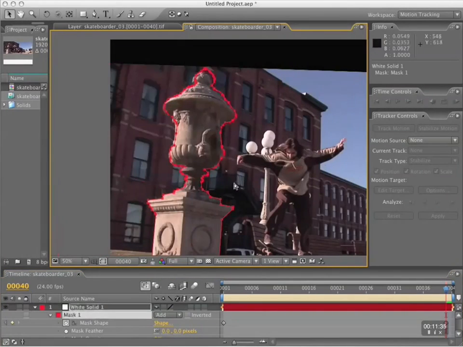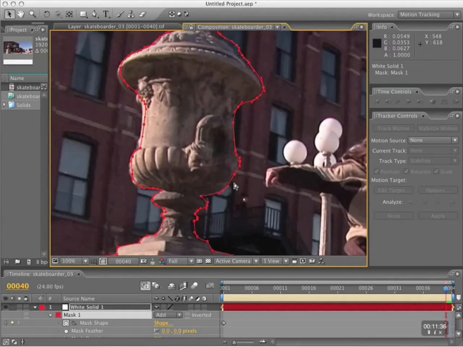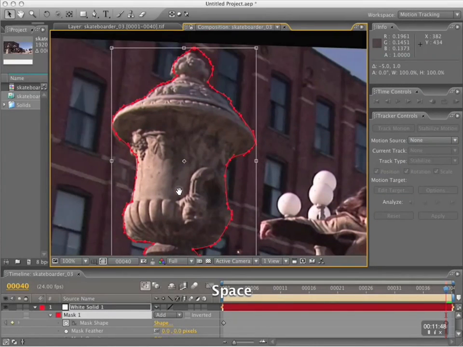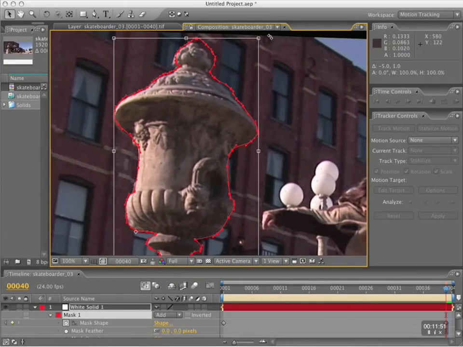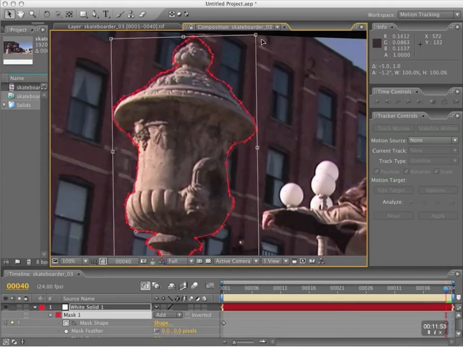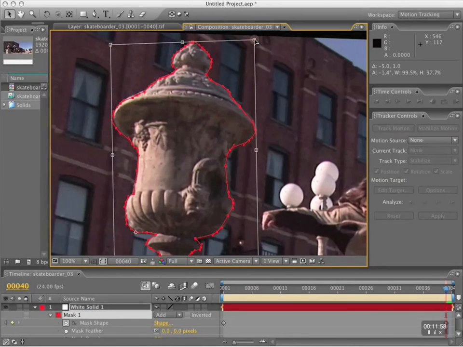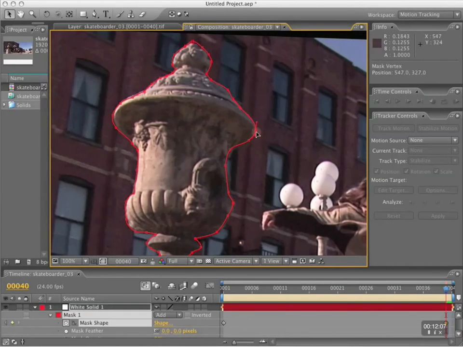So there we go. You see how I selected just a group of points? That's why I had to turn on the white solid in order to be able to do that, because I want to move all of these points together. So there, I've shifted them. I'm going to offset my anchor point to somewhere that I like, that seems to be hugging the shape properly, and then I'm going to contract it in as best I can, like that. Okay, so I have something